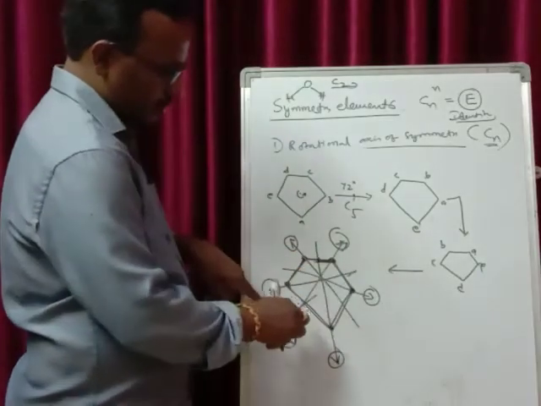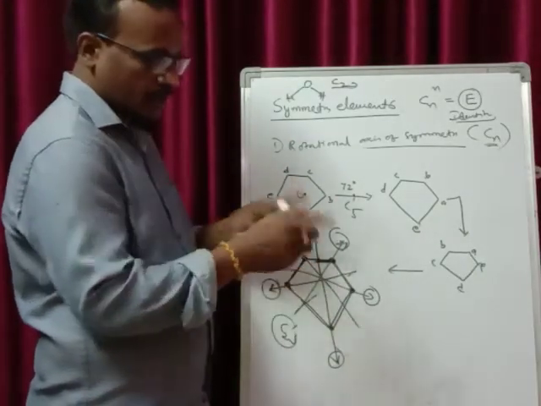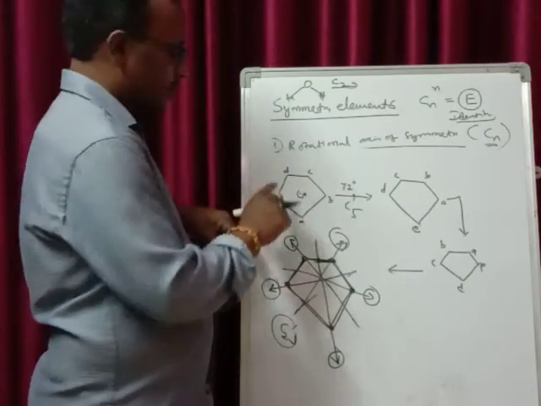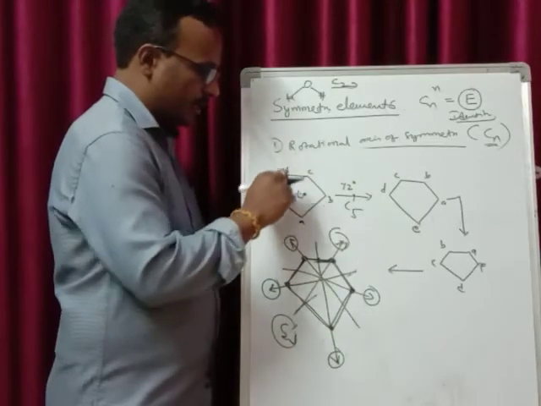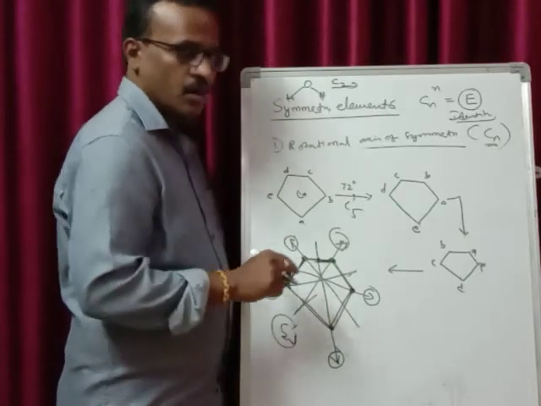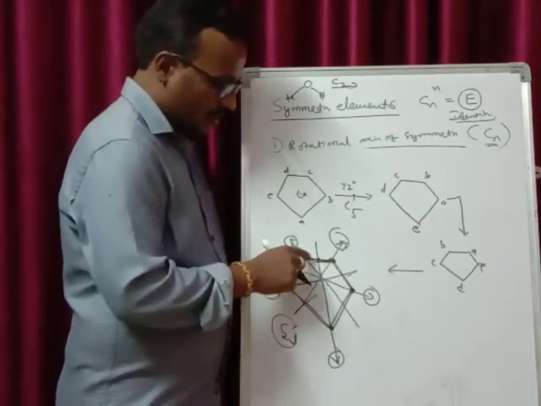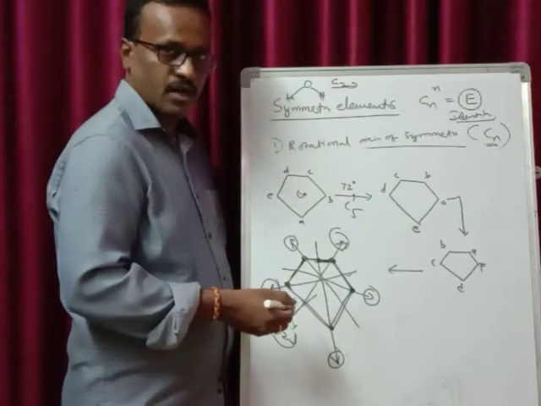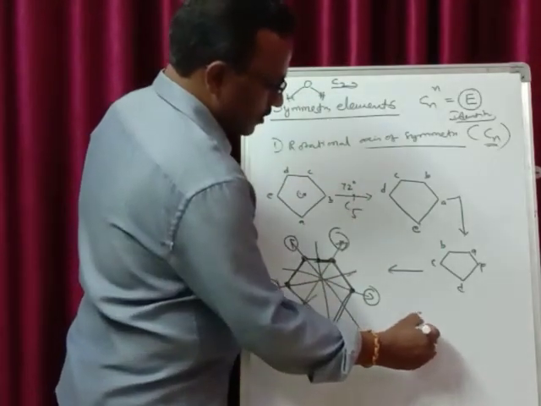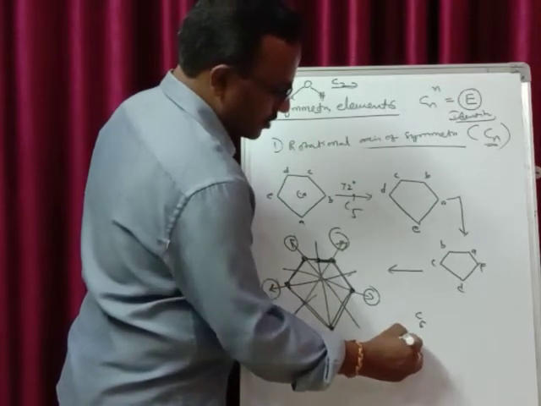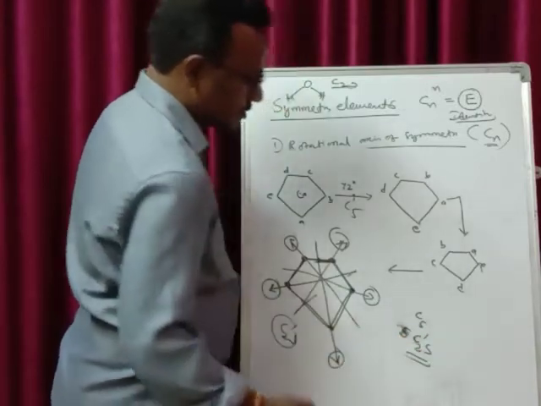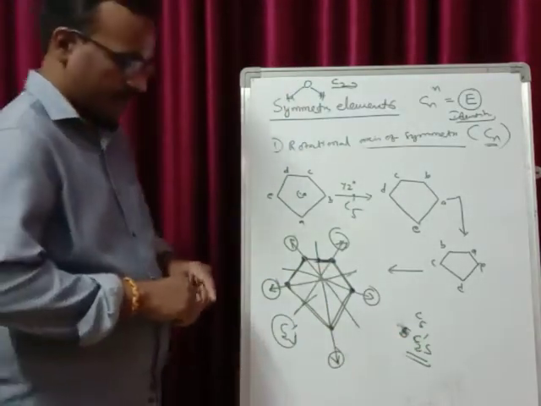Actually, the structure is not even over here, but in reality, all the sides are at equal distance, right? In cyclopentane, all these edges will be at the same distance, so that the C2 will be passing from the center of the edge and the corner. Therefore, you can see that there are 5 edges and 5 corners. Therefore, you have 5 C2s. So in case of cyclopentane, you have a C5 rotational axis of symmetry, in addition to that, you have 5 C2s. So this is regarding the cyclopentane.